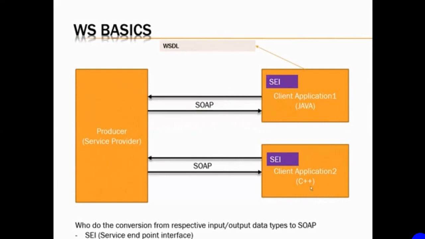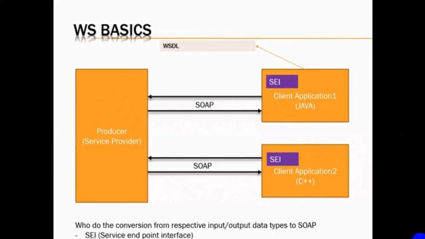So someone has to convert the methods we are trying to call in this producer into the XML or JSON file format. Similarly, once the producer sends the response back with the outputs, that response should again be converted into the C++ language format, right? Example,